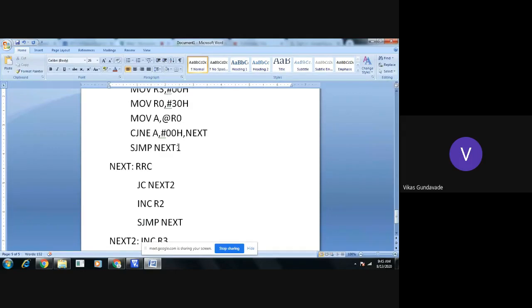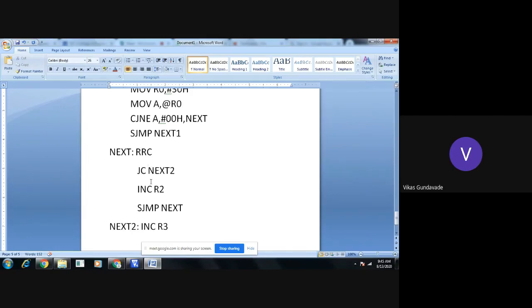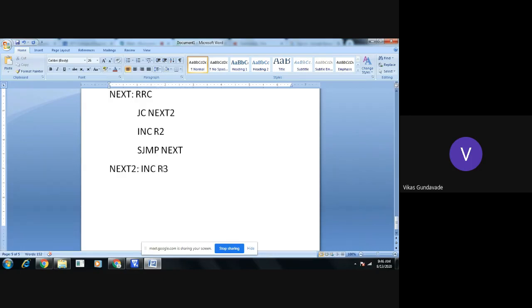We have checked whether the number is 0 or not. After that, we rotated the contents and checked the condition, incrementing the counter if the carry is not generated, and now we have checked the condition if the carry is generated. So all three conditions are covered by the instructions.